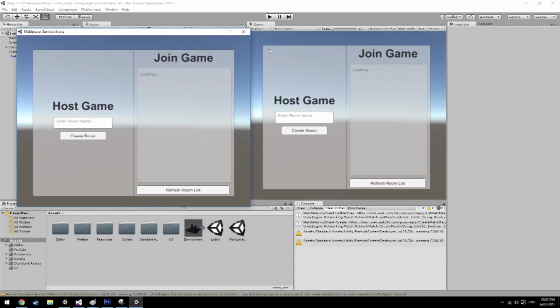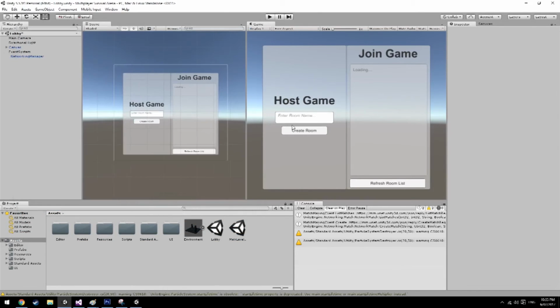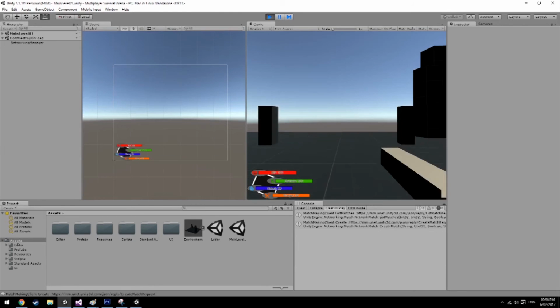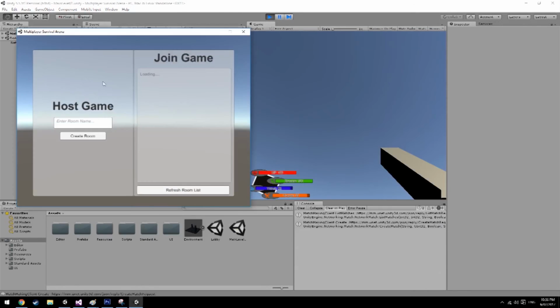So what you do here, play here, room tester, okay, create the room, go back here, refresh, and it says button. But if we click on it,